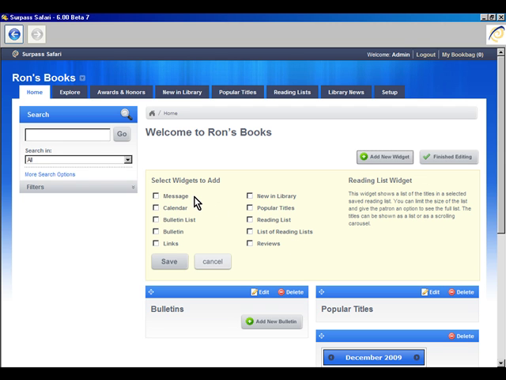The Message widget is kind of a nice little catch-all. It'll display a message, any message that you want, in its own widget. So here's where you can use your imagination and sense of utility to make the best use of this miscellaneous catch-all widget. The Calendar will display a calendar that will also show any bulletin items that need to be associated